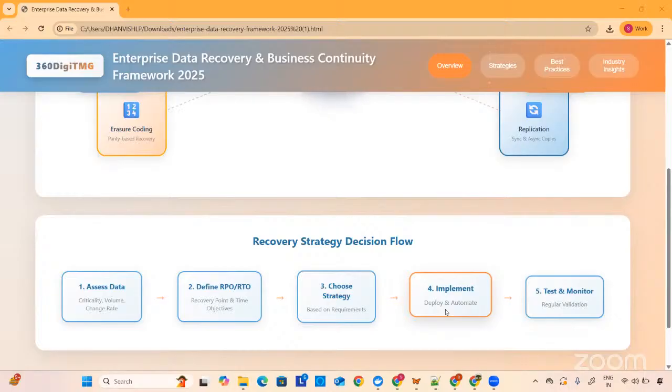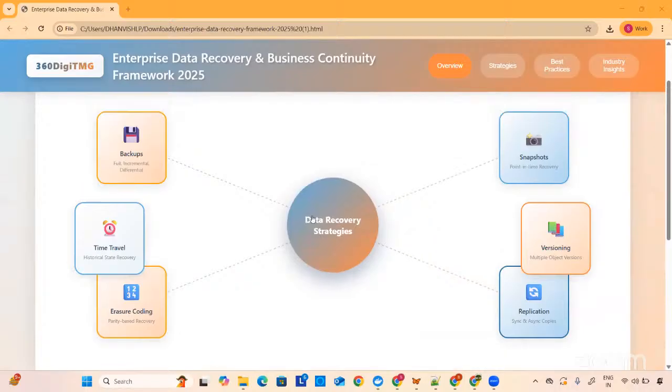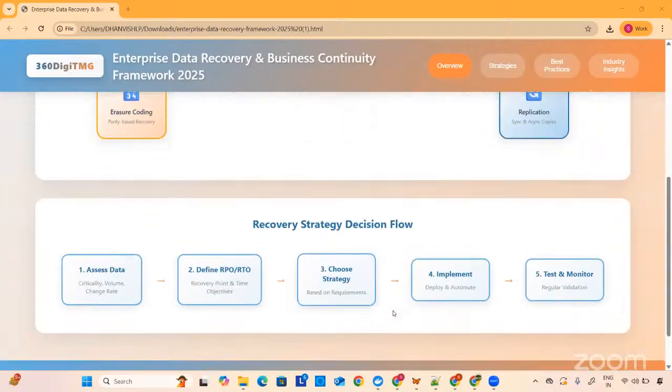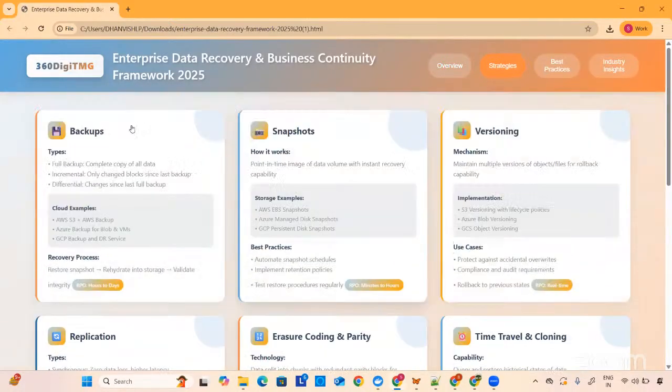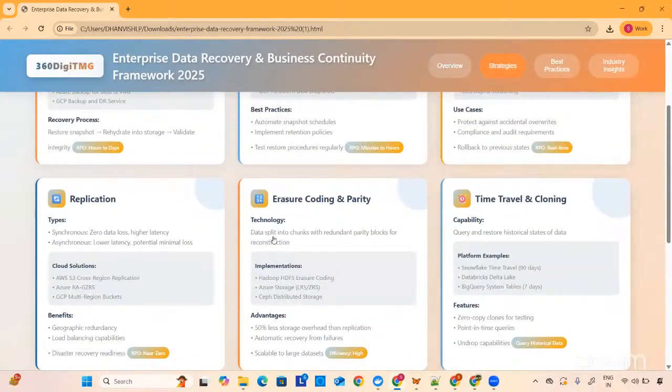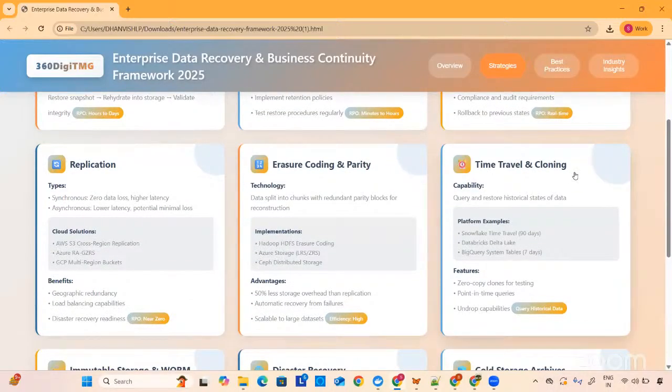Clouds like AWS, Azure, GCP, we already have. But coming to data intelligence clouds like Databricks, Snowflake, they offer very interesting features, especially to recover your data. We will see them. You can seamlessly plan these strategies. Okay, we already talked about these strategies: backups, snapshots, versioning, replication. Out of all this, time travel and cloning,